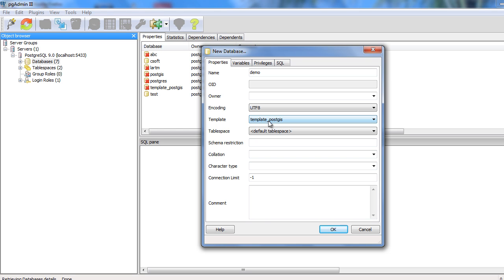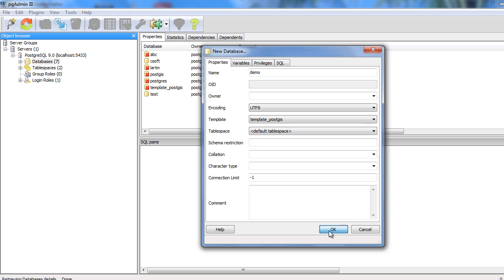So make sure you have selected this PostGIS template. Otherwise, it is just a plain PostgreSQL database, but it won't have any PostGIS functionalities, and it cannot run PostGIS functions.